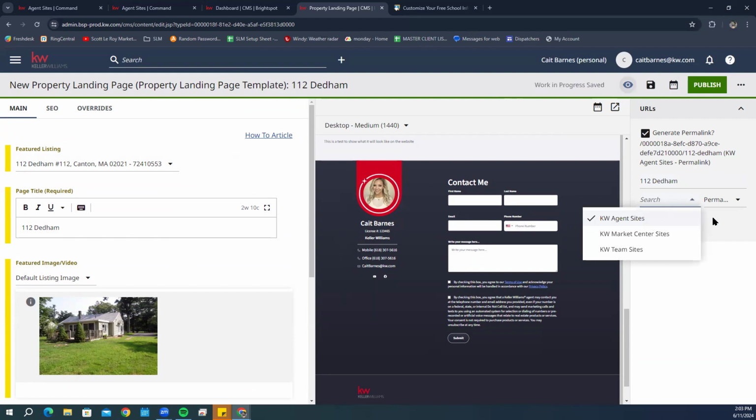If you are part of the team or part of the Market Center leadership, you will see other options to add it to the Market Center sites. Obviously, you don't want to do that, or else it will be connected with your Market Center website. Then you want to make sure that it is a permanent link. And then when you click publish,